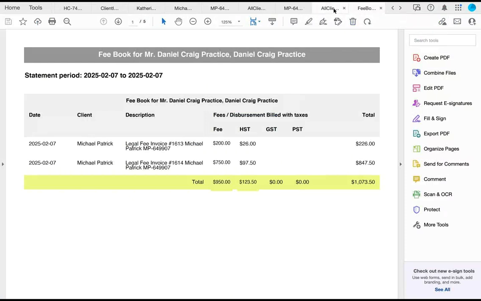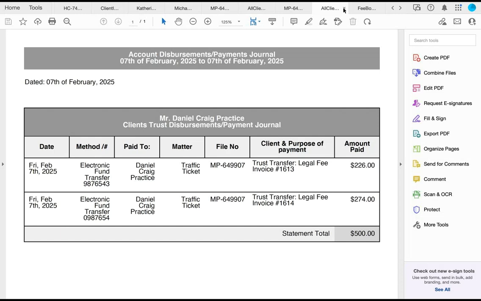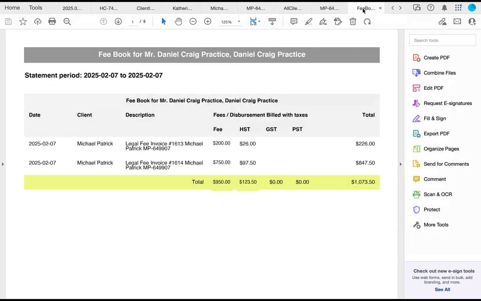So here I have raised 2 invoices today for this client, and they are both entered under the fee book with the date, particulars saying this is the legal fee portion, and this is the HST portion. So fee, HST, or GST, PST, whatever respectively,